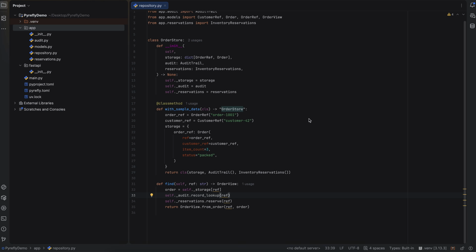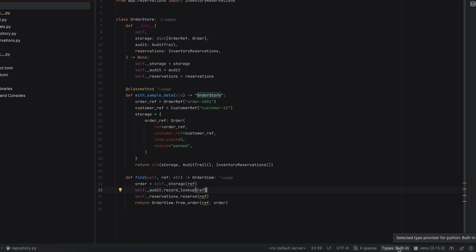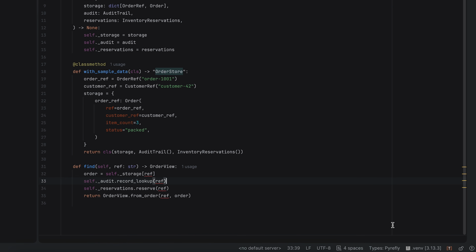Pyrefly is Meta's next-generation Python type checker built in Rust from the ground up. It is significantly faster than traditional type engines, and in PyCharm 2026.1.2, you can now use it directly as your type provider, getting immediate diagnostics, inlay hints, and quick documentation, without any extra step. To start using Pyrefly in your project, click on the Types widget at the bottom, then choose